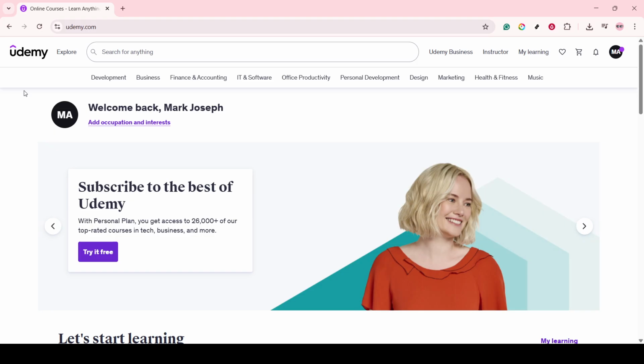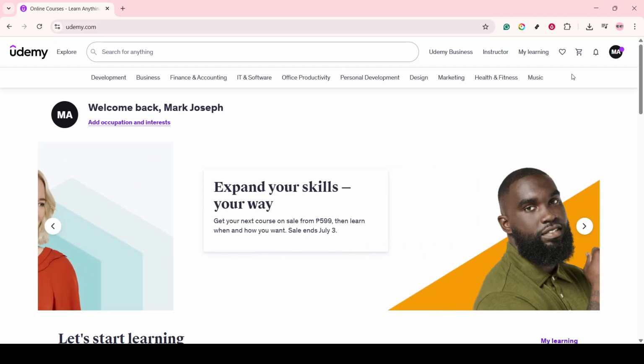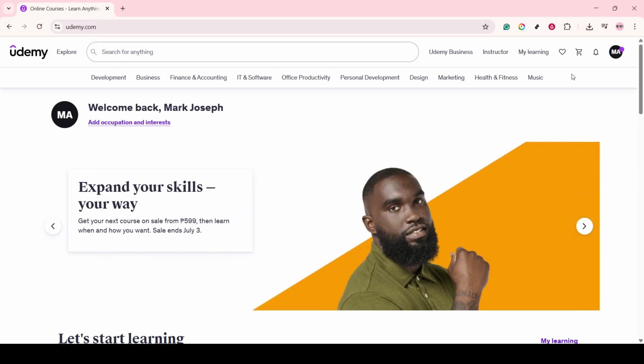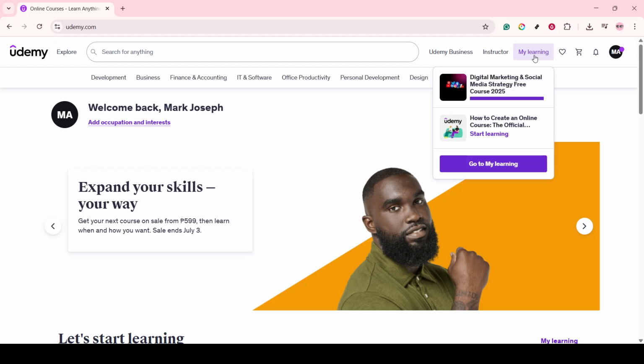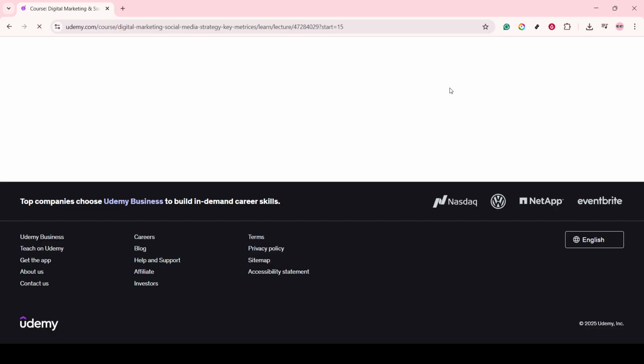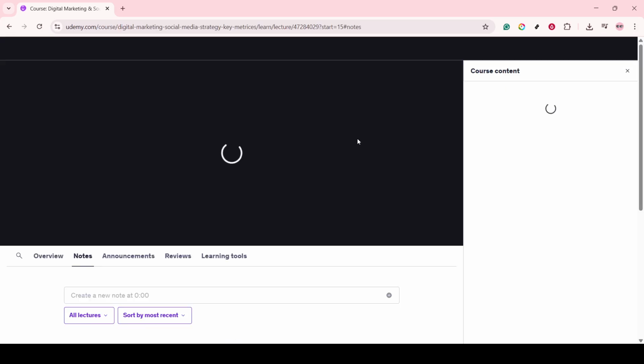new. First, you want to start by navigating to your Udemy dashboard. Log into your account, and once you're there, you'll notice a range of options designed to help you navigate through your courses efficiently. The area we want to focus on today is labeled My Learning. This section is your personal hub where all your active courses are compiled. It's a great starting point, as everything you need is centralized, allowing you to jump right into any course you're